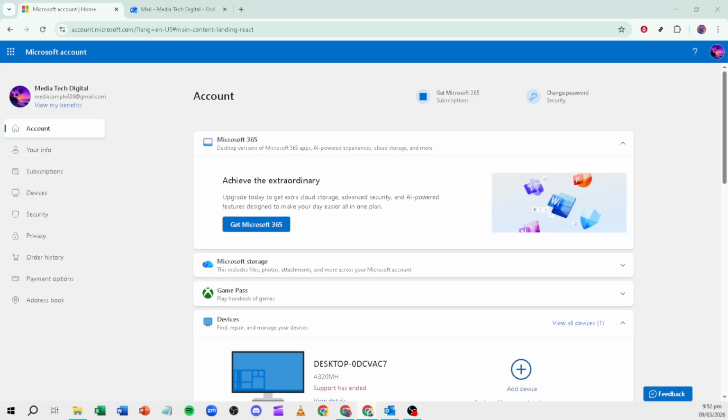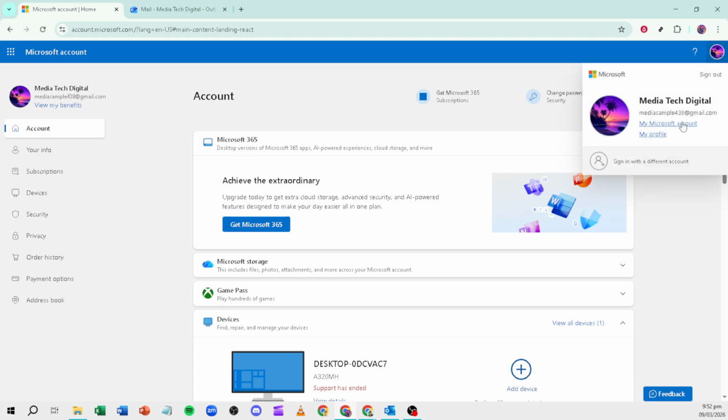In today's video, I'm going to teach you how to add a mobile number to outllok.com. Adding your mobile number is a simple way to make your account more secure and to recover access if you ever forget your password. We'll do this through your Microsoft account settings, since outllok.com uses the same profile for security